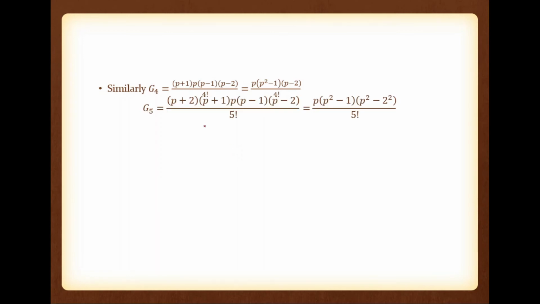I told you G5 is equal to, now a P plus 2 is added to this side. So P plus 2 into P plus 1 into P minus 1 into P minus 2 divided by 5 factorial. This is important. So this is equal to P into P square minus 1 into P square minus 4 divided by 5 factorial. This is G5. Now what about G6? This term will become 6. Now here we have to add P minus 3. So alternatively we are adding negative element, then positive element, again negative element, positive element, like that. So if it is G6, here we have to add P minus 3, then denominator will become 6 factorial. Like that way we have to proceed.